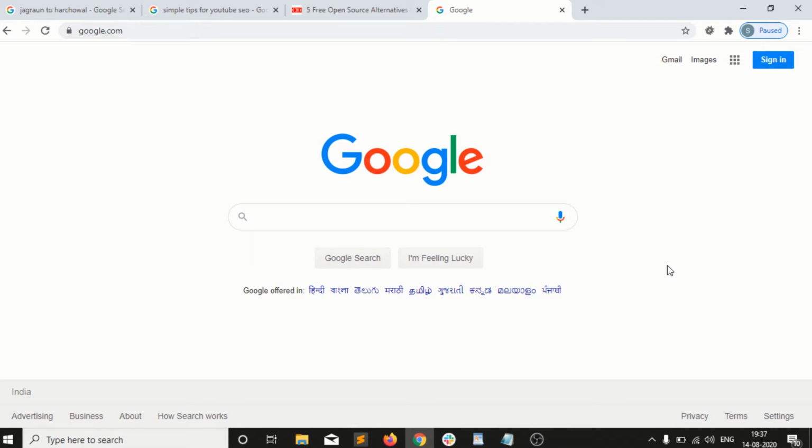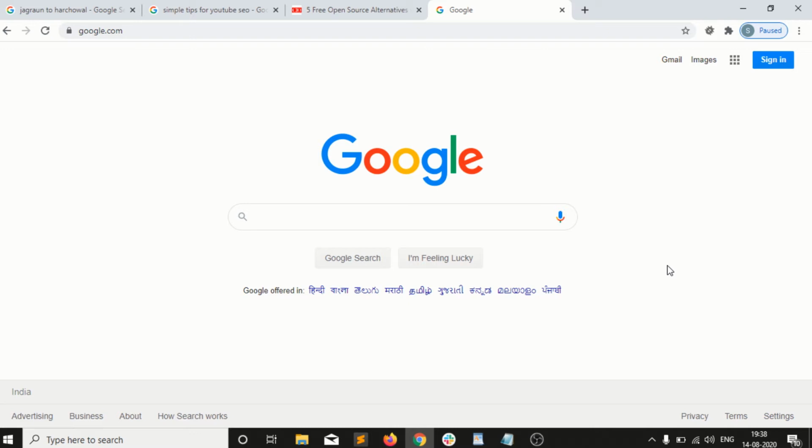So today I come up with a tutorial series on how to use Google Drive, and my focus is to tell you how to use Google Docs, Google Sheets and Google Slides. Mainly we use MS Office or other tools on our desktop, PC or Linux operating system.